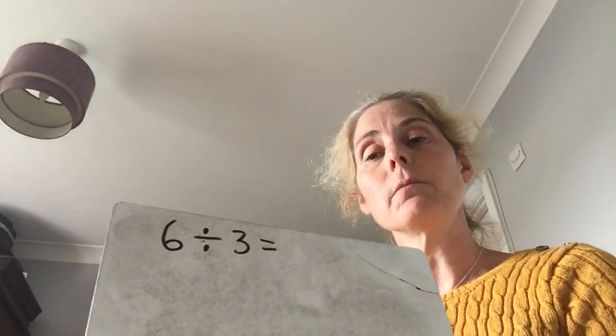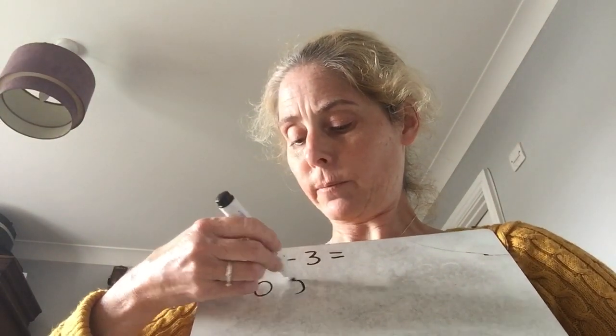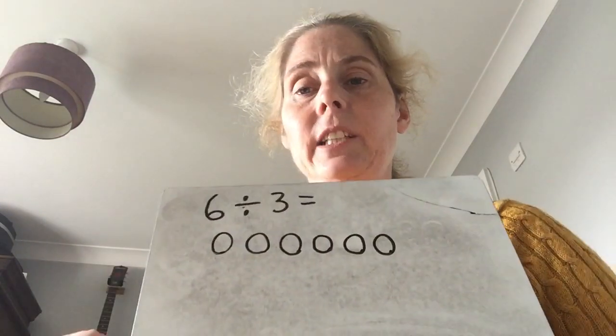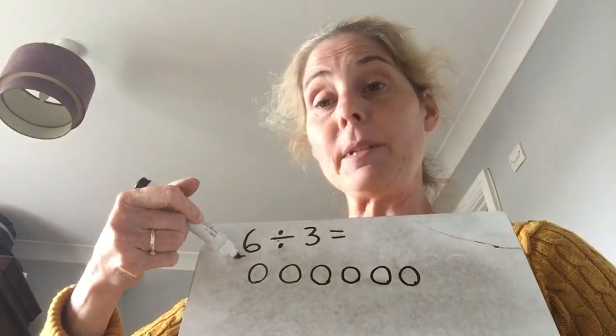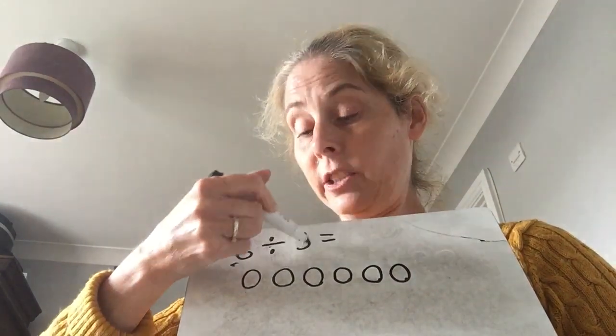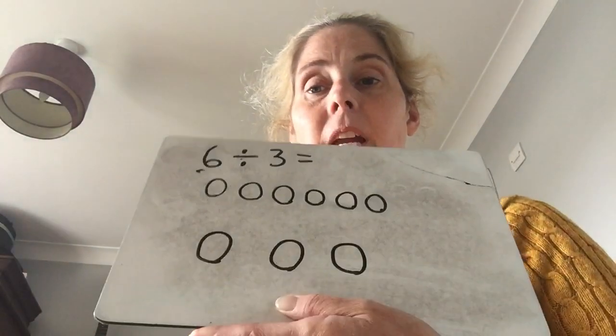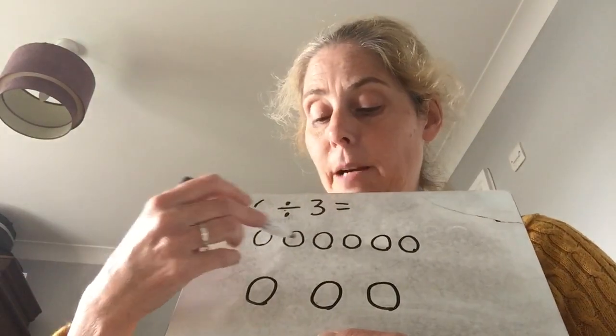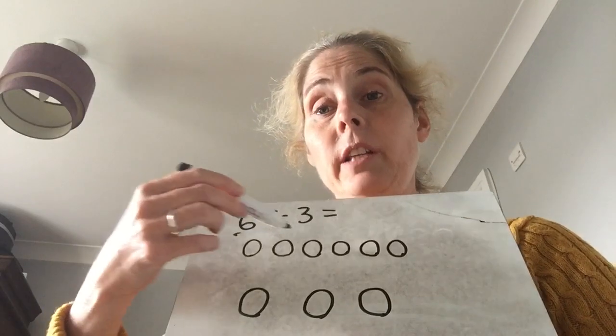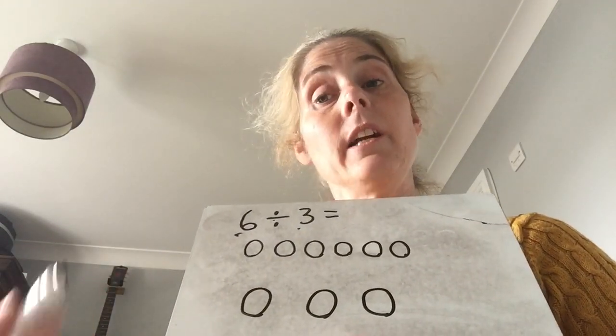Okay, so if I've got 6, I'm just going to show them as circles like I did with multiplication yesterday. You imagine these were sweets. If I have 6 sweets, this is how many sweets I've got. This is how many people I am sharing the sweets between. So I am sharing the sweets between 1, 2, 3 people. So this is how many sweets I've got. This is how many people I'm sharing them between. And then we have to share them out